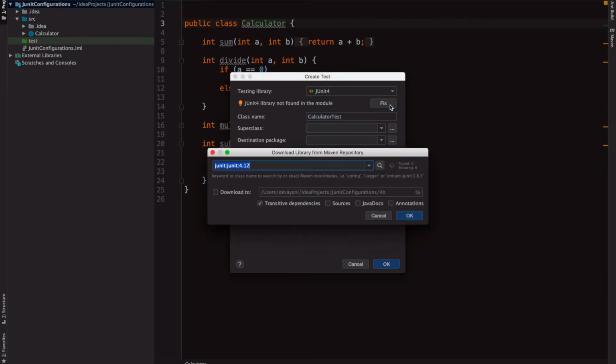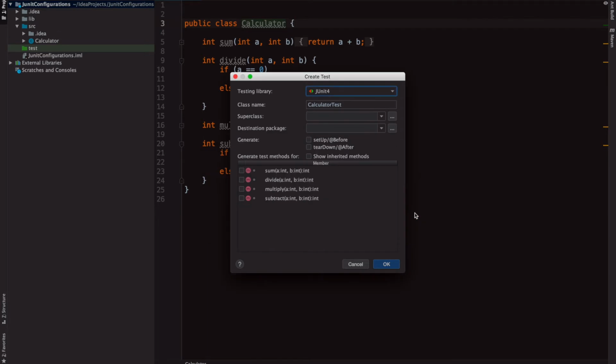Once you do that, you will get a dialog wherein you are free to provide the JUnit version of your choice. I am choosing the default one, that is 4.12. I will also select the default download location and click OK. Once you do this, the IDE will download the JUnit framework into the provided location.